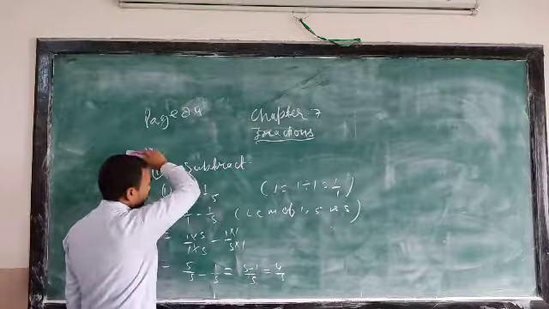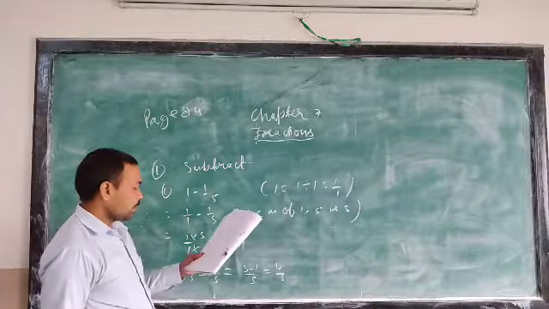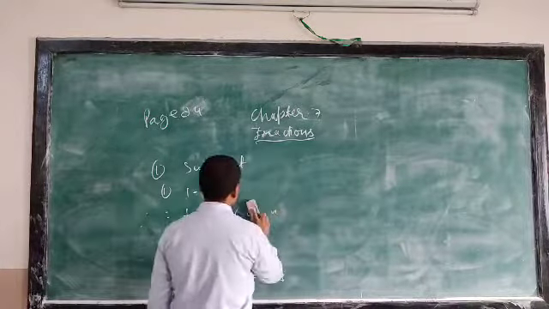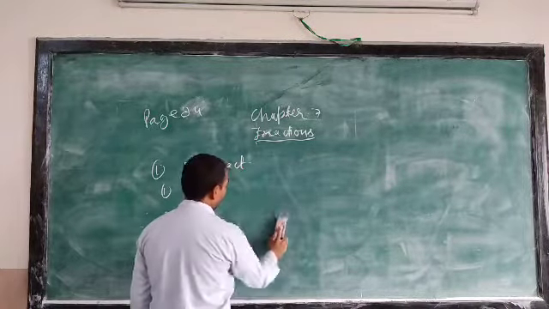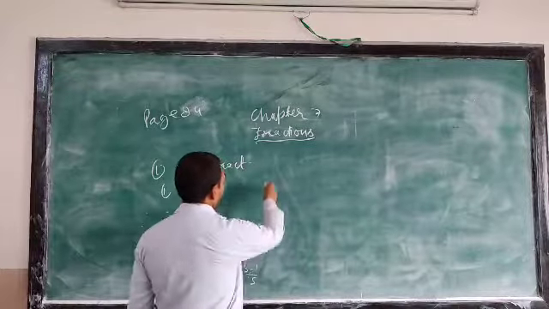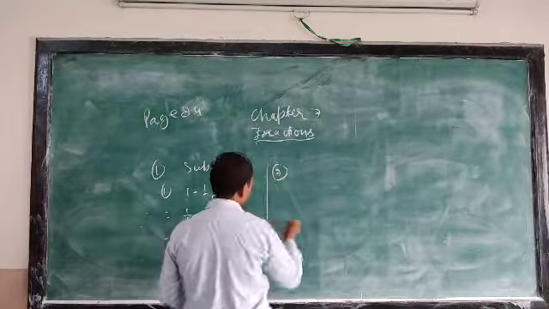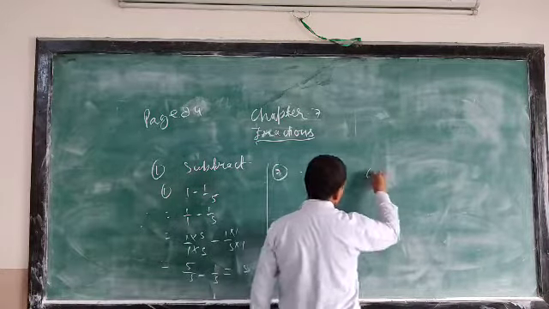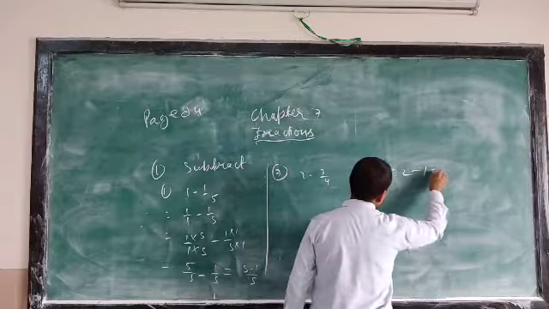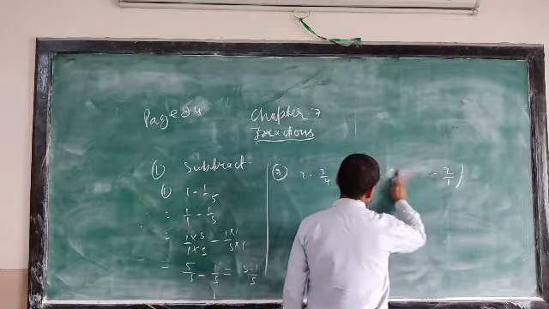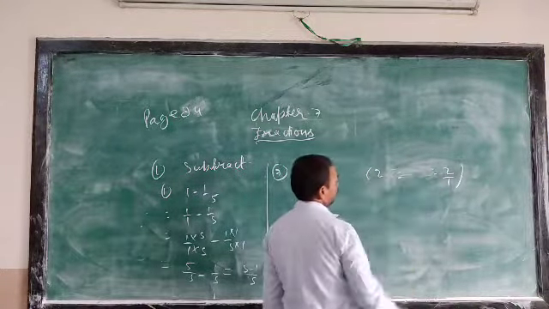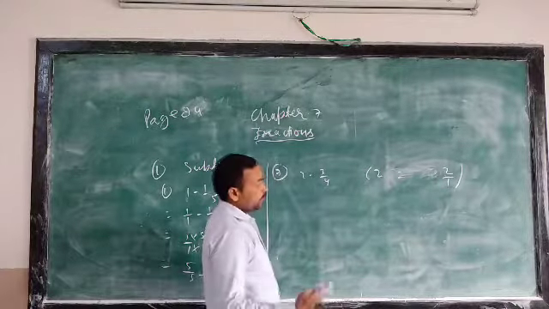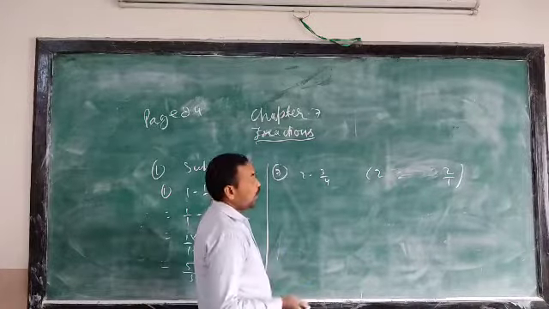What is easy for you? And after that, here is the second type of question: how to subtract a fraction from a whole number. That is question 7. Here they are asking 2 minus 3 by 4. So here 2 can be replaced by 2 divided by 1, or 2 by 1. In the place of 2, this can be written as 2 by 1, because if any number is divided by 1, it remains unchanged.